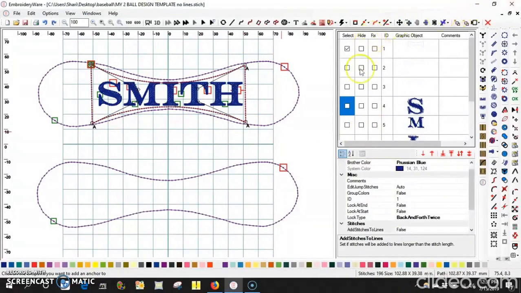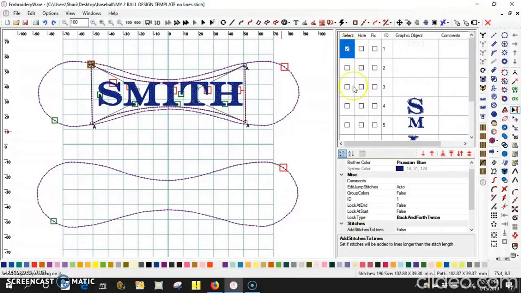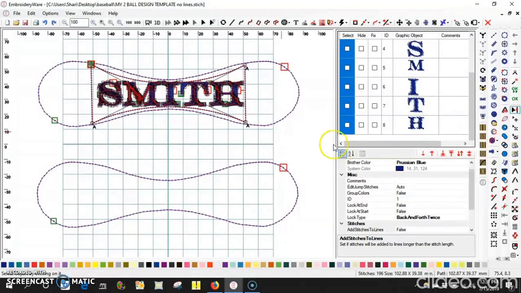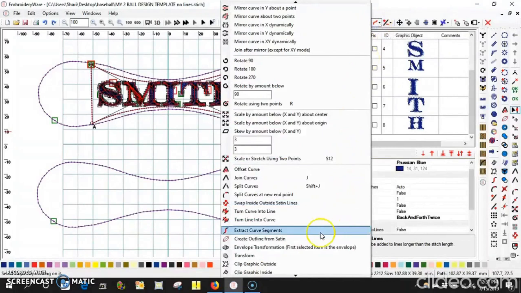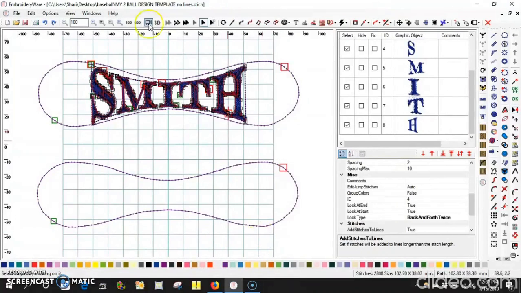So then the next thing we want to do, I usually just unselect everything and then select again. So I'm going to select my envelope, and then I'm going to click here and drag down and get all of those letters, and they'll populate, and as they do, check marks will appear. And then I'm going to go up to the curve functions, and this is when it gets fun, and look, it reminds you, first selected item is the envelope. So that's your reminder that if you haven't moved that envelope up ahead of the letters, do it now before you hit this. And then you're going to hit envelope transformation, and there you have your